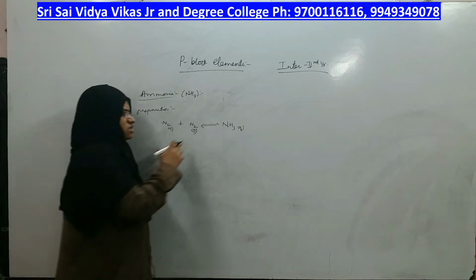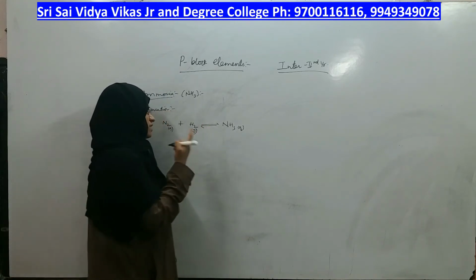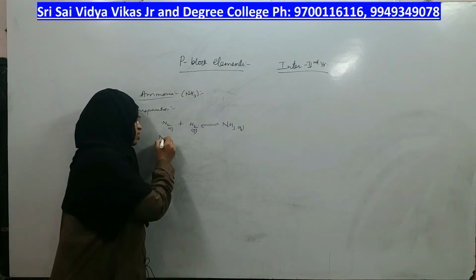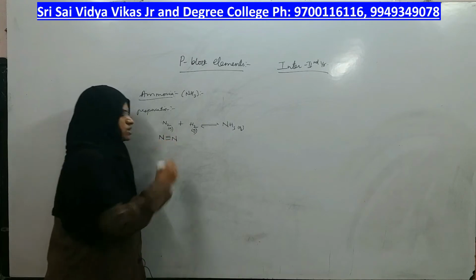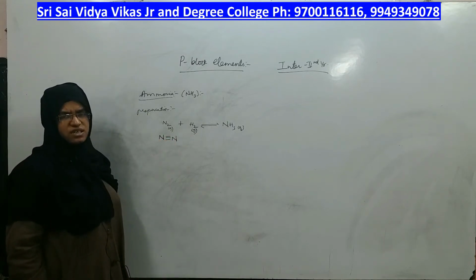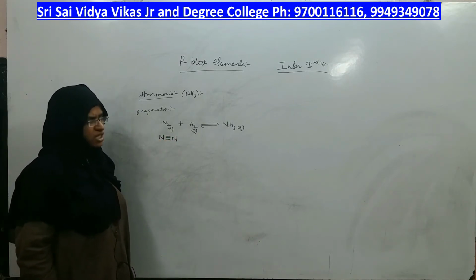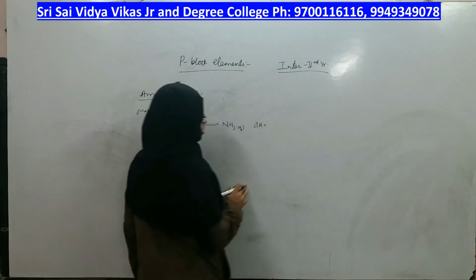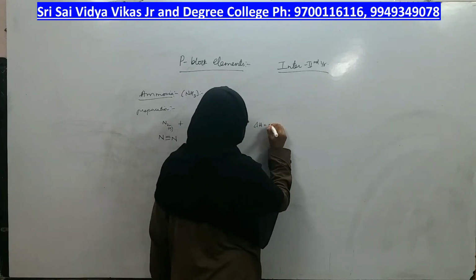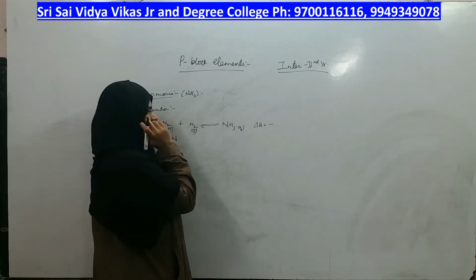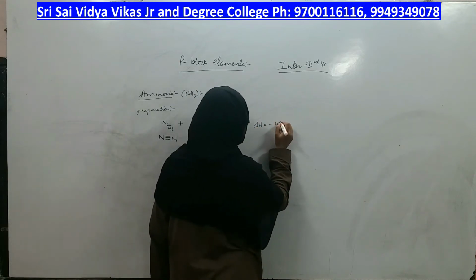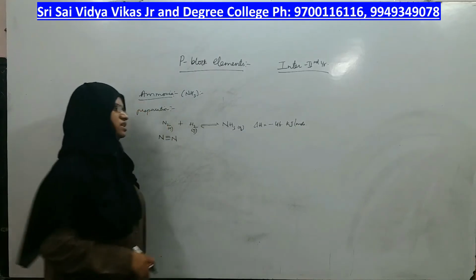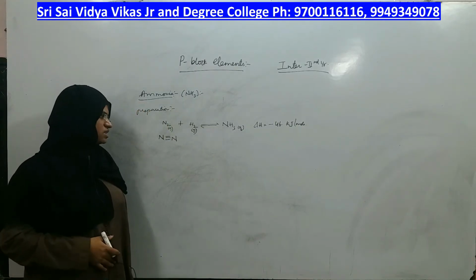So the reaction is reversible, and as we have already seen, dinitrogen is a very strong molecule in which 3 bonds are present. So breaking those 3 bonds is difficult. For that you need high bond enthalpy. Bond enthalpy is very high. That means the temperature should be high, and this reaction is an exothermic reaction. That means heat energy is liberated, right?